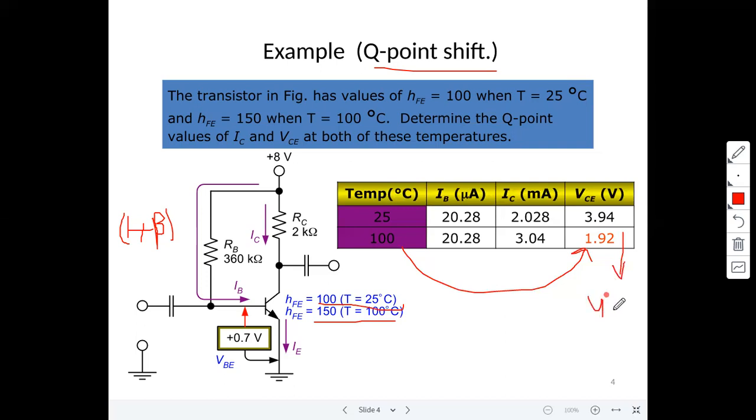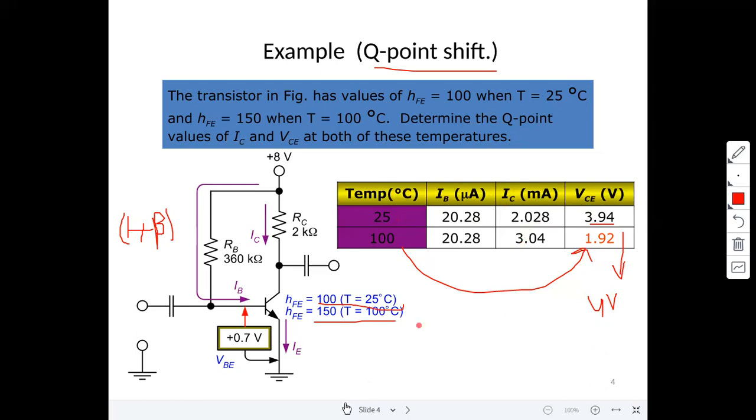Previously it was around 4 volts, 3.94 at 25 degrees centigrade. Now it will come down to 1.92 volts. Whereas IC, the collector current at 25 degrees, is 2 milliamperes. Now it becomes